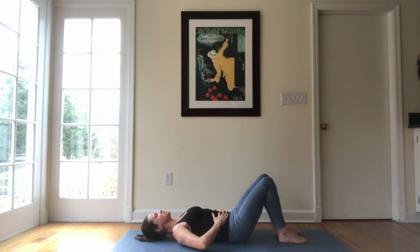We're going to start to engage the lower abdominals this time on the exhalation. Again, breathing in through your nose. And now as you exhale, think about dropping the belly button down towards the spine, engaging the lower abdominals. Inhaling again. And a nice long exhalation, trying to draw the belly button down towards the spine one more time. Think about your pubic bone and your belly button coming closer together as you engage the lower abdominals, holding that